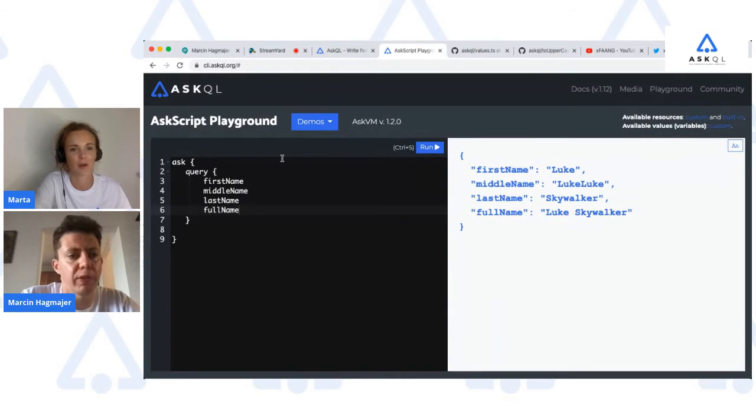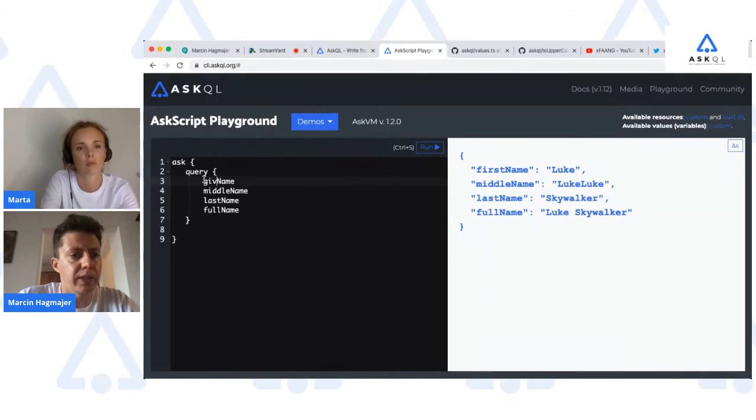So here with query, you're sort of creating a new value based on the previous one. Nothing gets changed. The query is like a magic word that gives you a structure of information that you requested, and it can be very flexible. You don't only get to specify the keys that you want, you can do more. Imagine that instead of first name, we wanted the key to be given name. We want to get the same key, but name it differently.